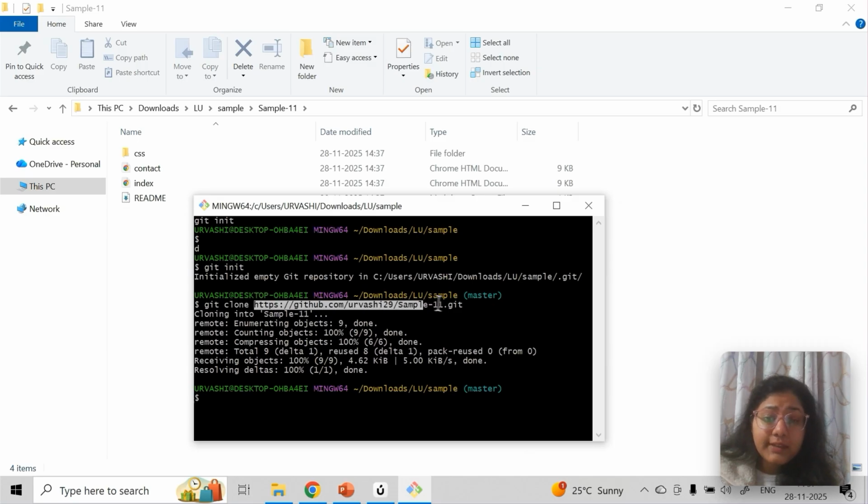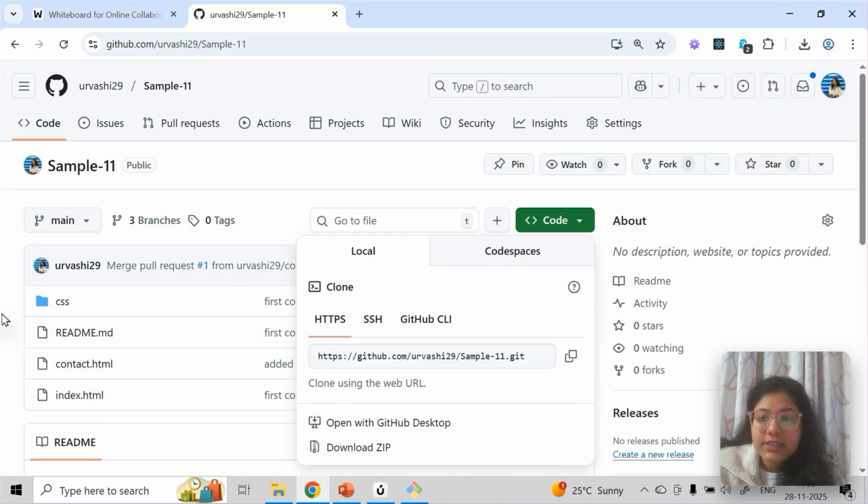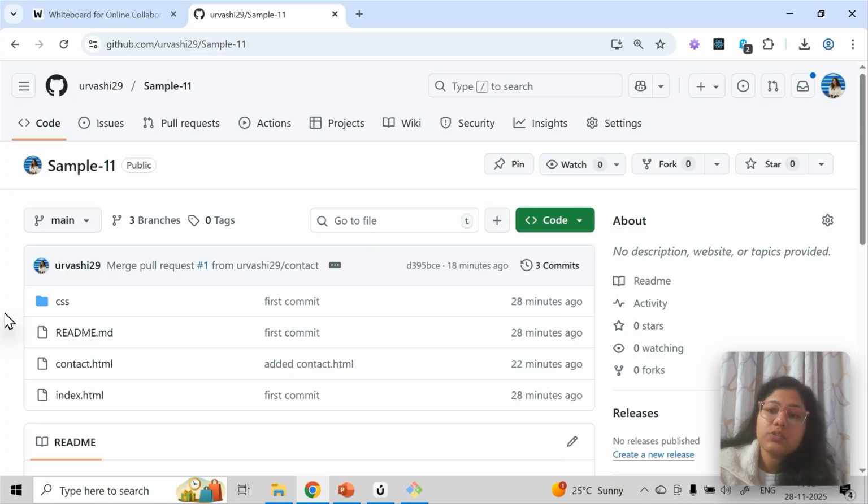So you can clone any git repo. You guys can also clone my repo. This is open source. You can clone anyone's GitHub repository. Now what is the use of it? Now this is done. Now let's say I have made some changes. Let's suppose a situation where someone will come and make changes to this GitHub repository.